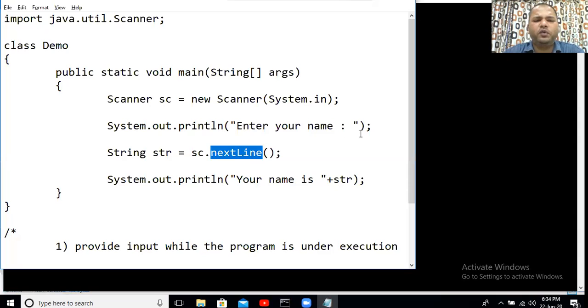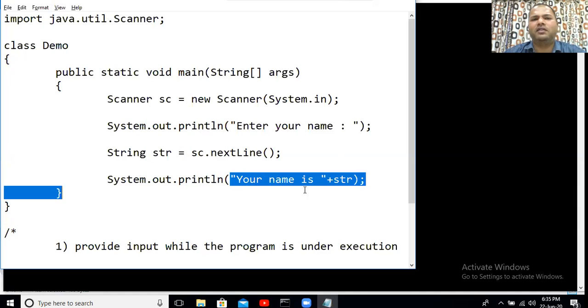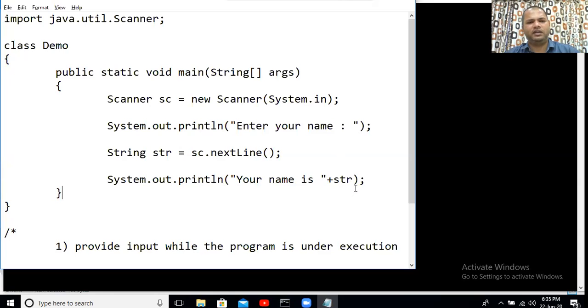Now what this method would do, it would accept everything that you are going to type on that line until you press enter key. So all the data that you type on that line before pressing enter, that entire line would be accepted by this method, and it would be saved inside str, and that str value would be printed on screen here.